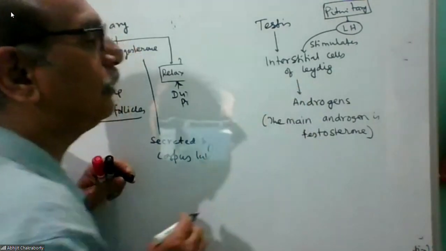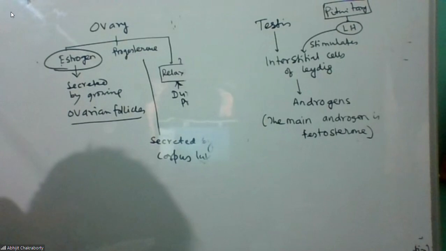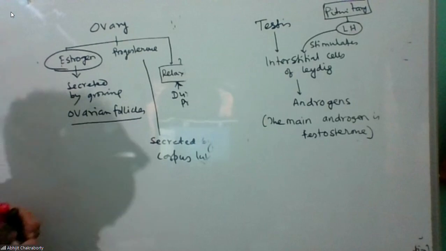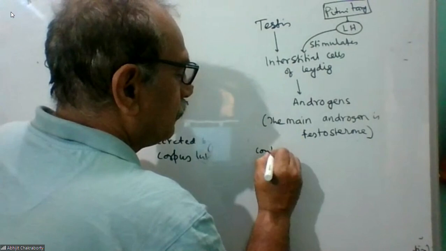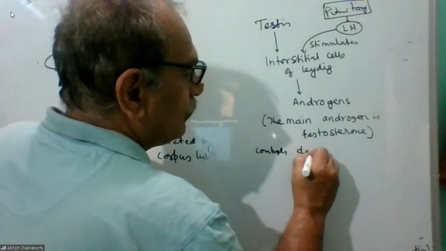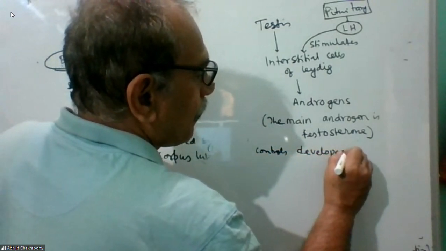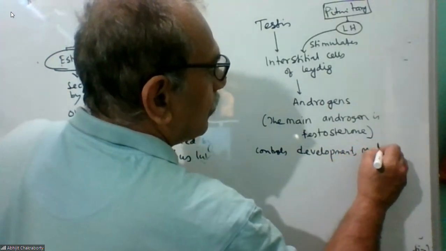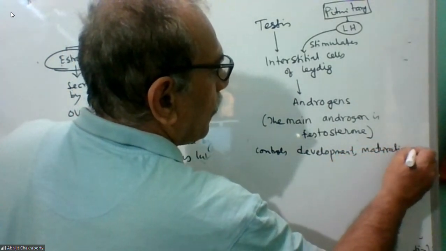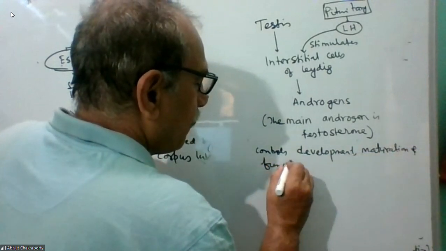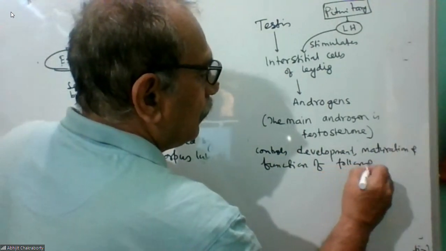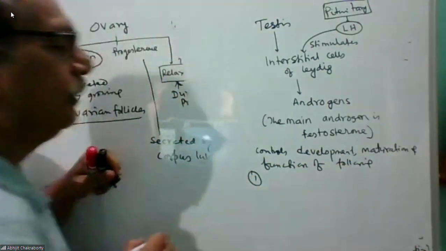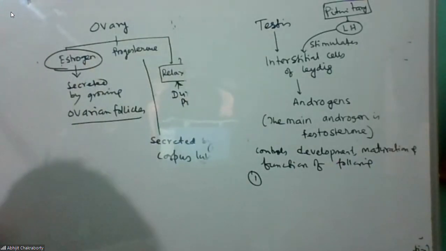So this is what about the testosterone: it stimulates spermatogenesis, obviously development and maturation. Three things actually it controls: development, maturation, and function of the following organs. Control development, maturation, and function of the following, including